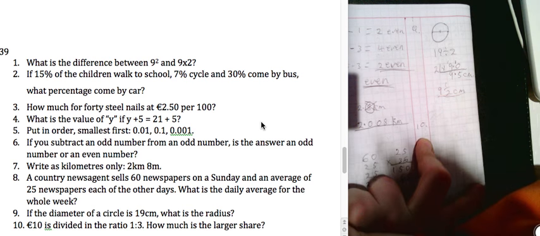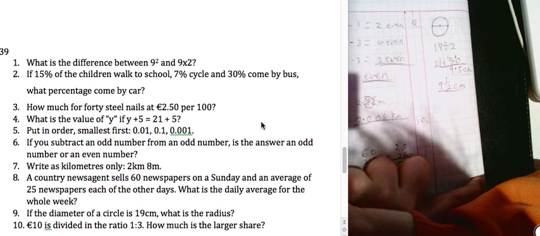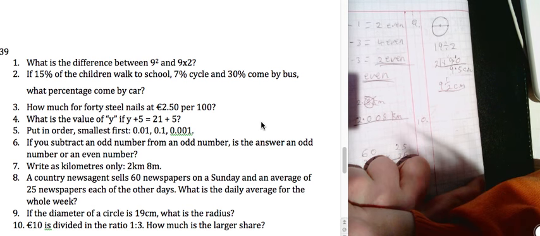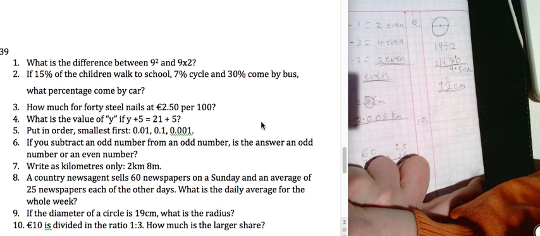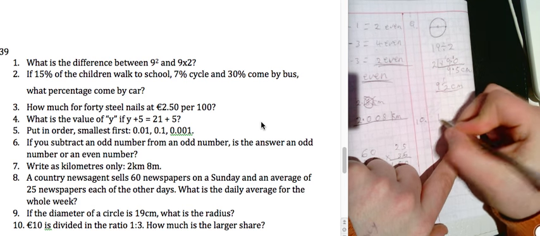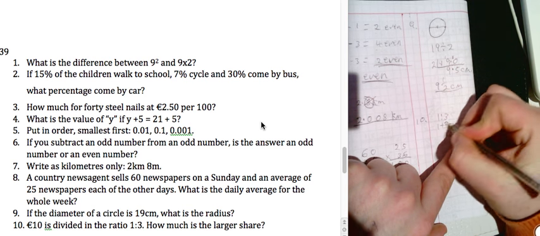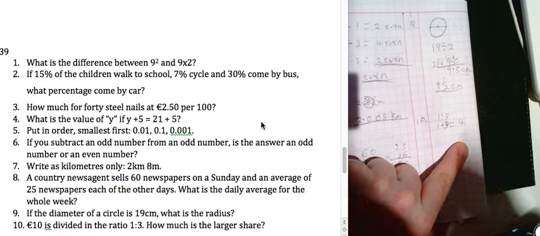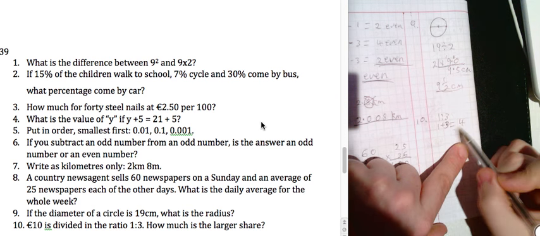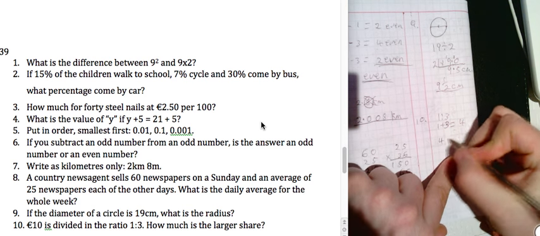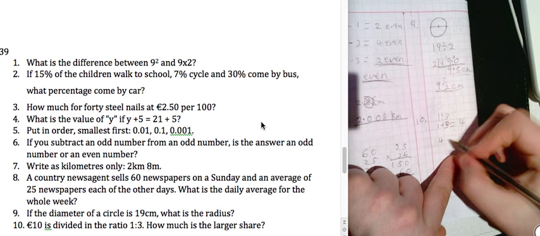Finally, question 10. 10 euro is divided in the ratio of 1 is to 3. How much is the larger share? Okay, 1 is to 3. So what I'm going to do with this ratio is I'm going to add both parts to find out how many parts I need to find altogether. So 1 plus 3 is 4. 4 into 10 euros. So if I divide 10 euros by 4,